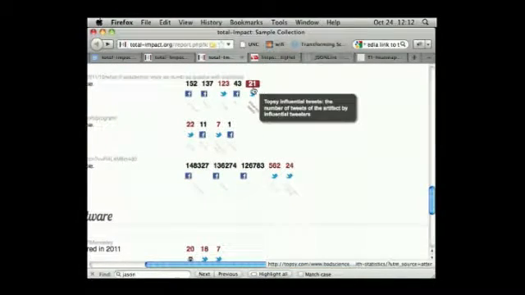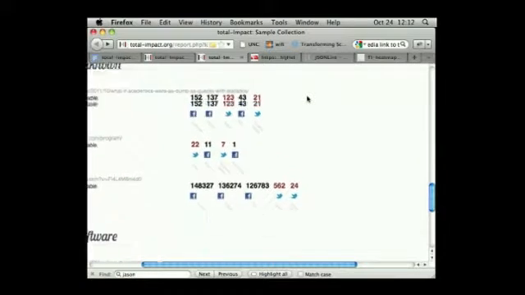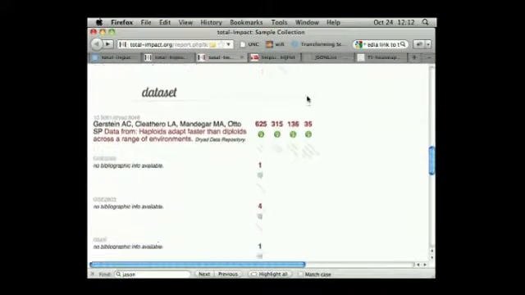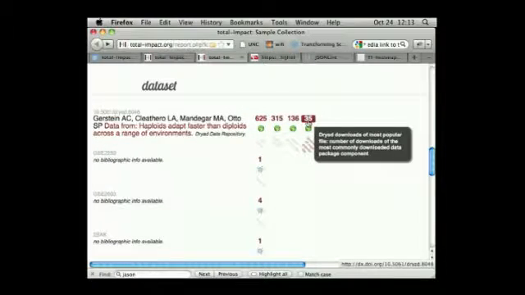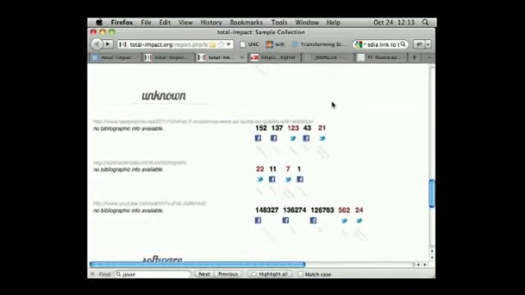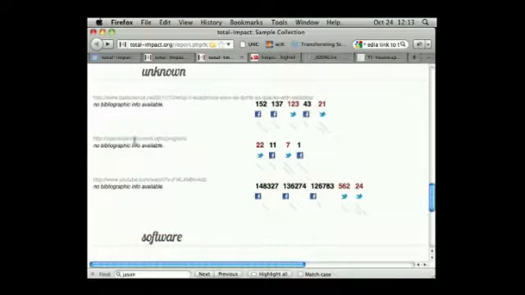Yeah, for tweets, right? So I can zoom in and actually read the tweets, which I think is pretty handy. For data sets, we look at the repositories. Right now we have Dryad a lot, and we can look at page views and things like that. For these unknown ones, I think these are kind of handy, right? So this is